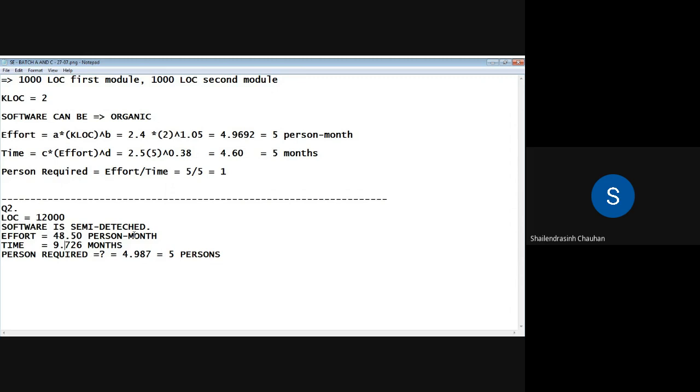That is the effort. The time required is 9.76 months, and the persons required to work on it is 5. If 5 persons are going to work on it, it is going to require 9.76 months. Fine, so that is the basic COCOMO model.